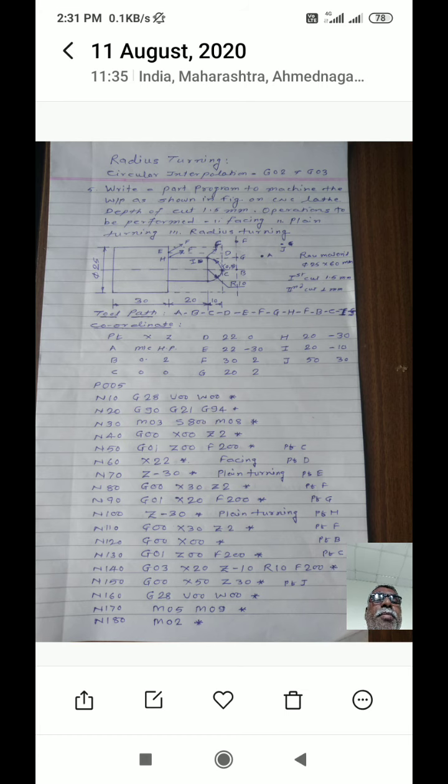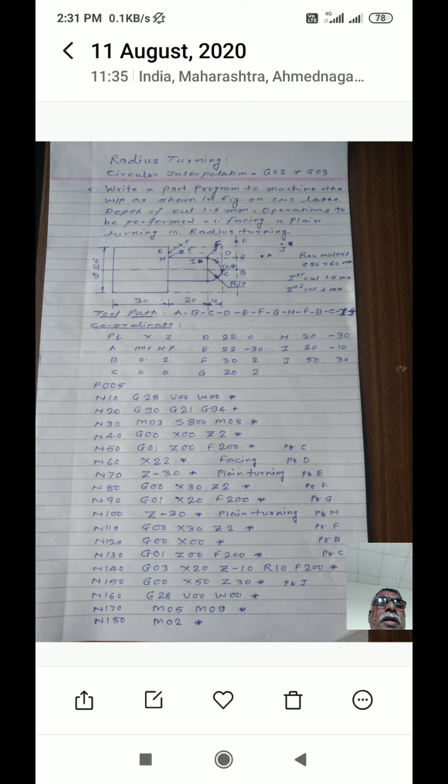Then point B has the coordinates x 0 and z positive 2. Point C has the coordinates x 0, z 0. Then point D has the coordinates x 22 and z 0.